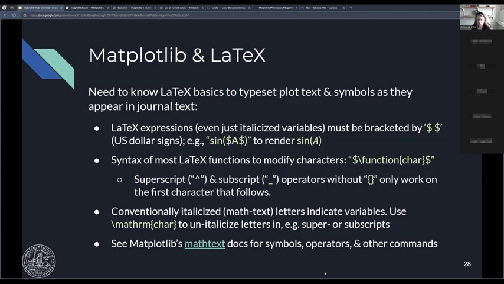Now let's talk about typesetting. One thing that you need to know about typesetting for journals is that they usually require you to use something like LaTeX. Some journals accept Microsoft Word documents, but then you still have to know at least a little bit of LaTeX, in order to